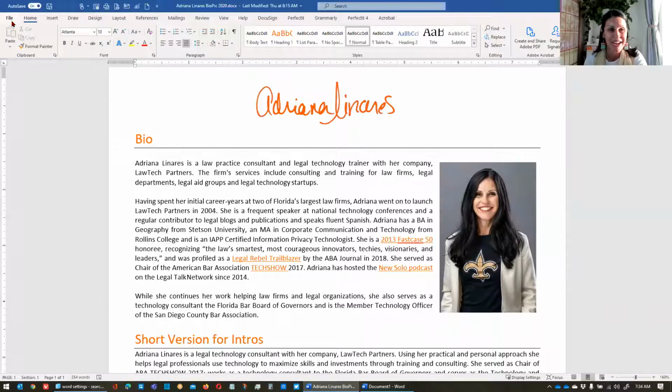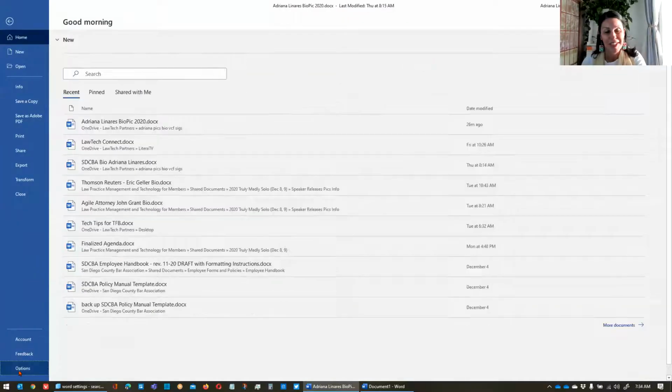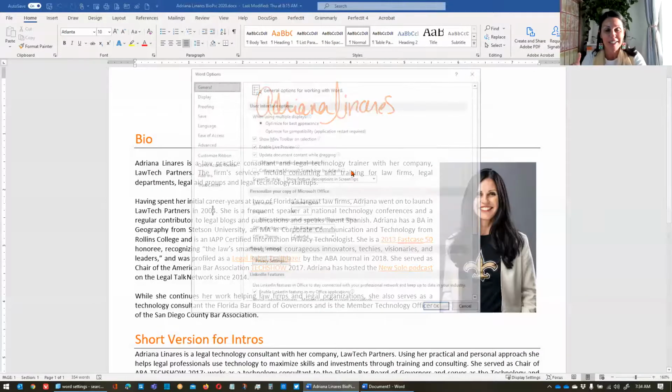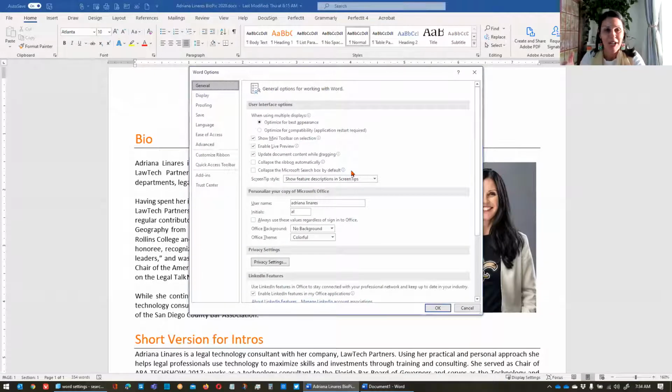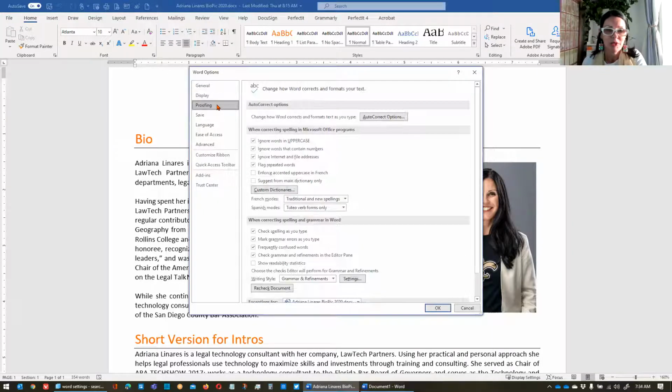Just terrible. All right, so some back-end settings. You're going to open up Word. You're going to go to File, Options. There's a lot of stuff in here. And if you haven't ever slogged through the windows and the settings and the windows inside of the windows in here, you really should. You'll learn a lot and you'll probably get a lot less frustrated with Word if you did. So specifically, we're going to start with proofing.